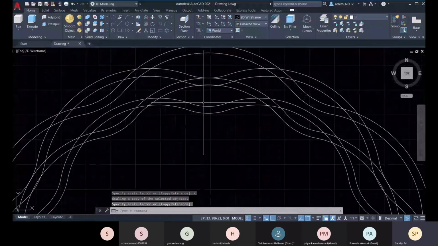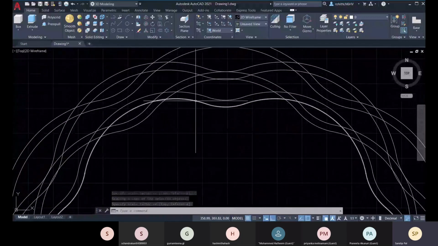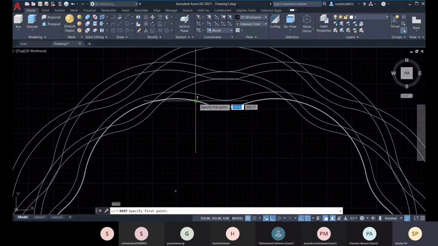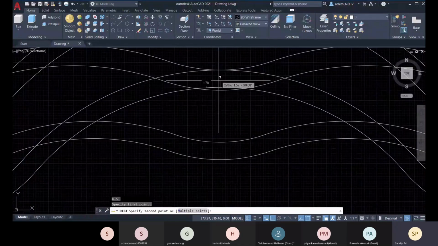Okay, and then after that you can check the distance, then you will be checking it like that. Okay, so make sure you are going with the perpendicular.